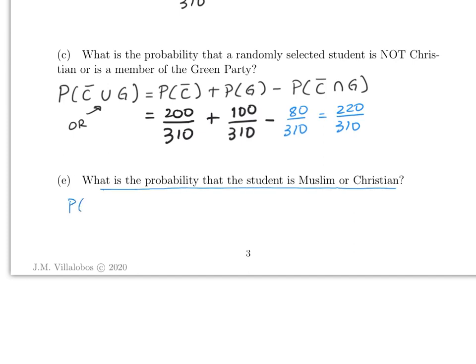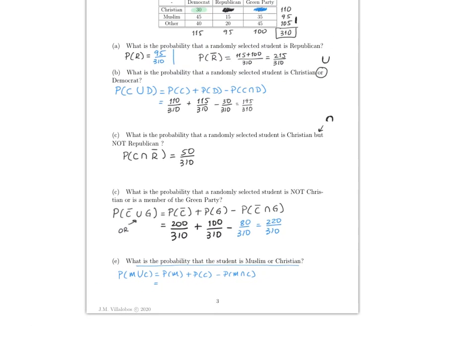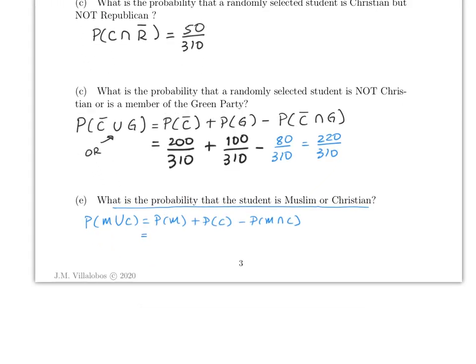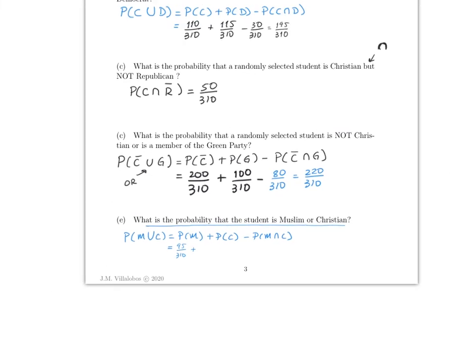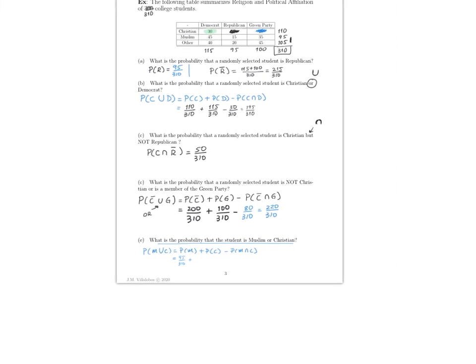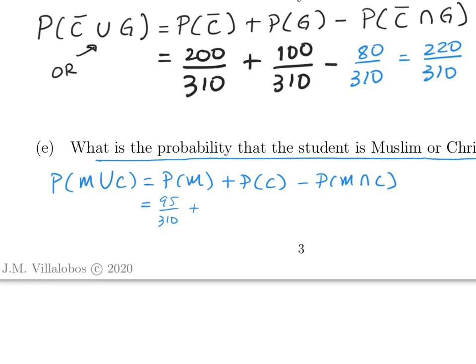So the formula is asking you to do this, Muslim or Christian, which will be Muslim plus Christian minus Muslim and Christian. Okay, how many people are Muslim? 95, so this will be 95 over 310. How many are Christian? Christian was 110